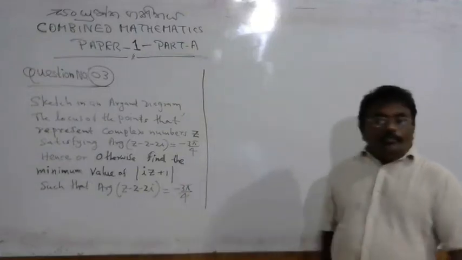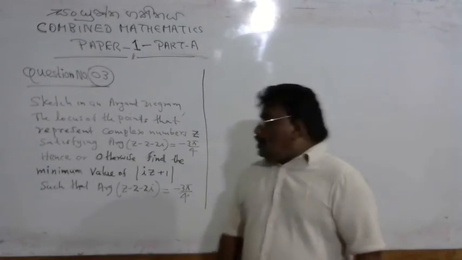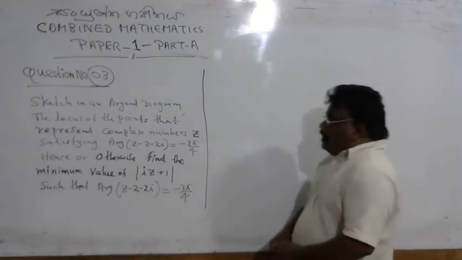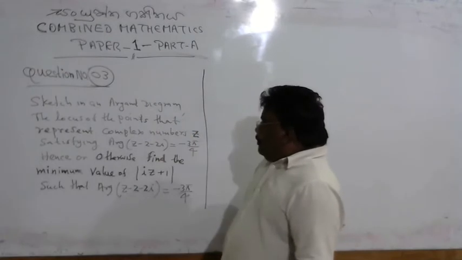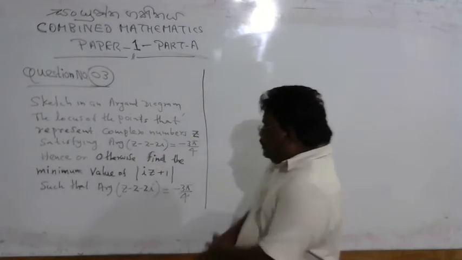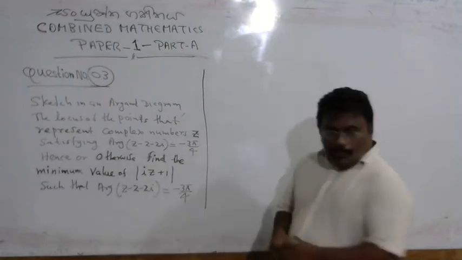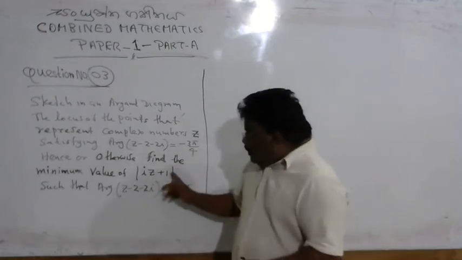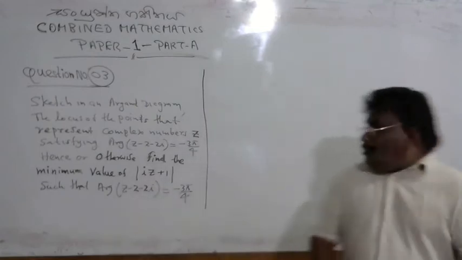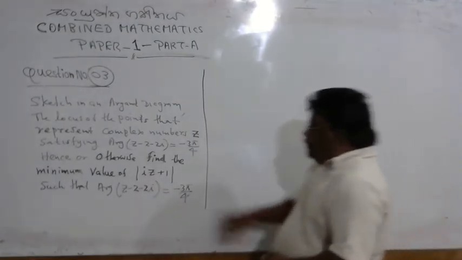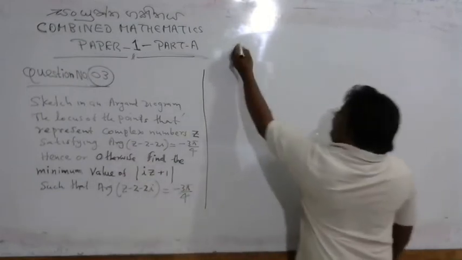This is question number 3 of the Combined Maths paper 1, complex numbers. This is the Argand diagram sum, so you have to draw the half line in the Argand diagram. Thereafter you have to find the minimum value of this expression. So when you draw the half line, this is the half line arc